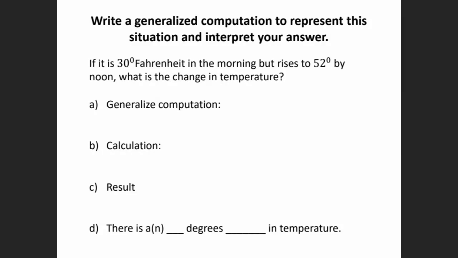Now, if it is 30 degrees in the morning, but rises to 52 degrees by noon, okay, what change in temperature? Now, this phrase, what change, is telling you to subtract. This phrase means subtract,